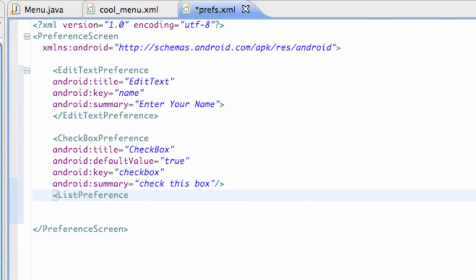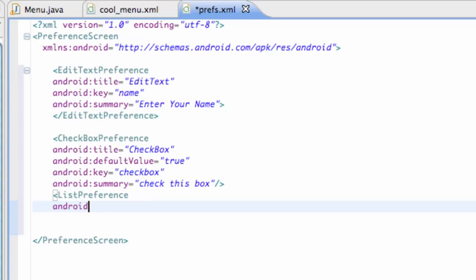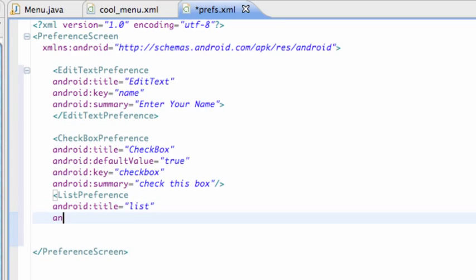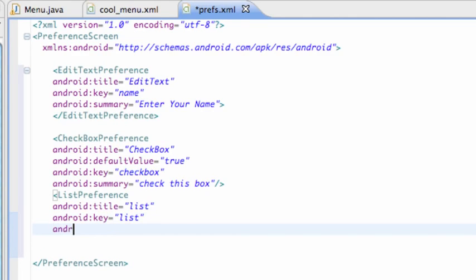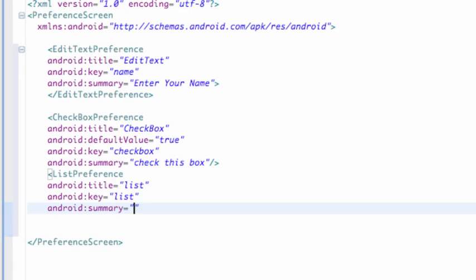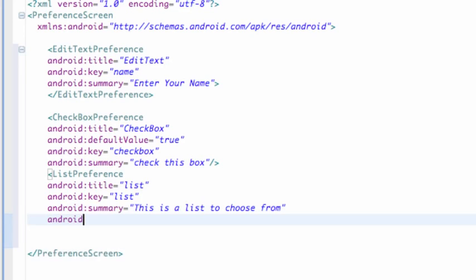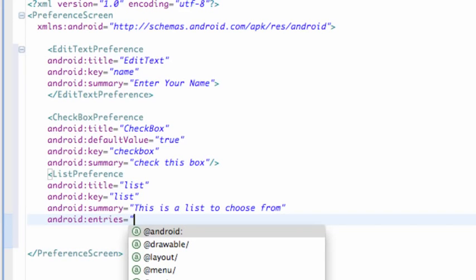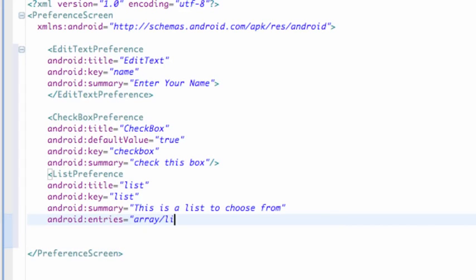So we're going to say list preference Android title list, set up a key reference. We're going to also call that list as well. Then we're going to set up a summary. This is a list to choose from. And then we're also going to set up something else called Android entries, and these will be the entries within the list, and we're going to say equals new array for the most part, or array of reference that we're going to refer to here. So we're going to say array slash list,